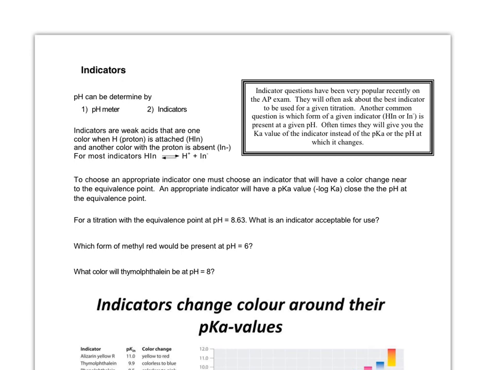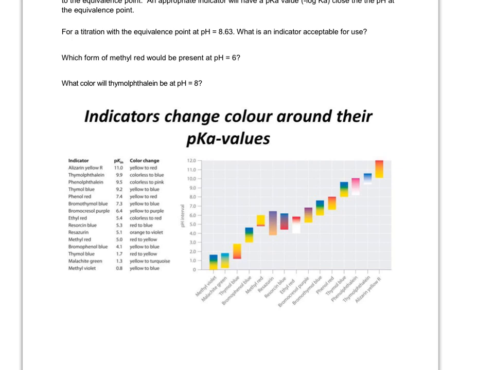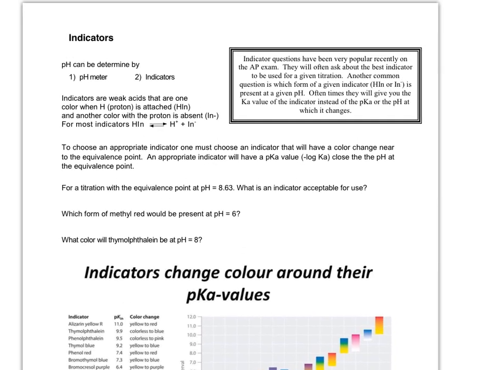Instead of an indicator, you could always use a pH meter or a pH probe, but indicators are very convenient. Indicators themselves are weak acids, and like I said, there are hundreds and hundreds of these. If you look here, there's a bunch of them, but there's a lot more. A lot of these are large organic molecules, and they are weak acids, meaning that they have some H atoms where the bond between the H and the rest of the molecule can break, and an H plus can